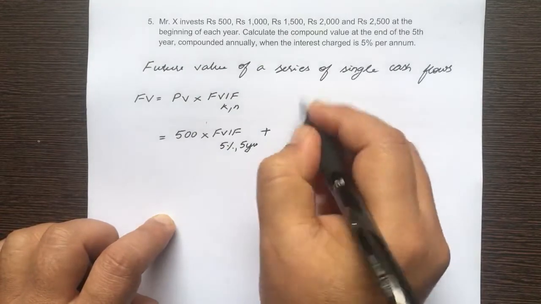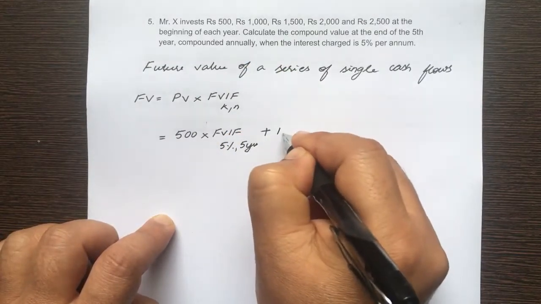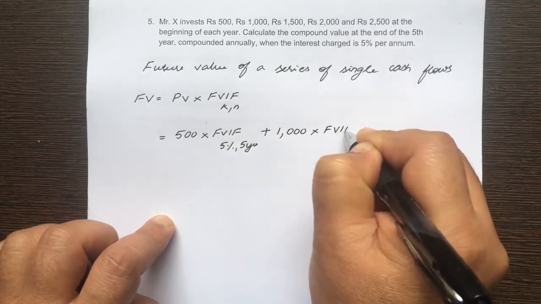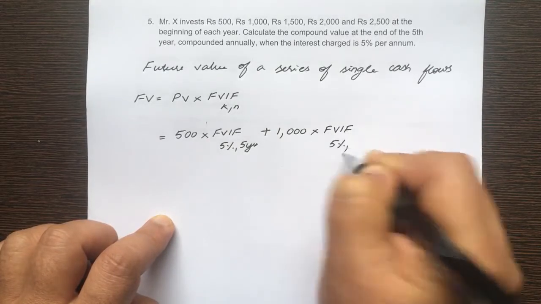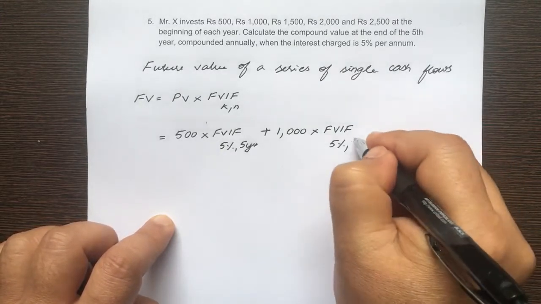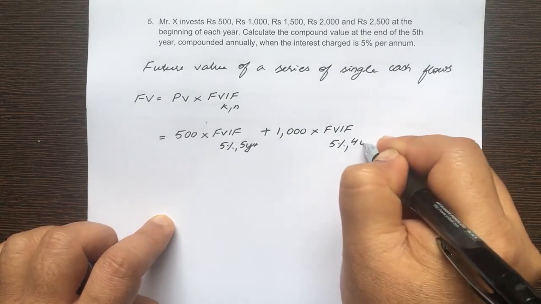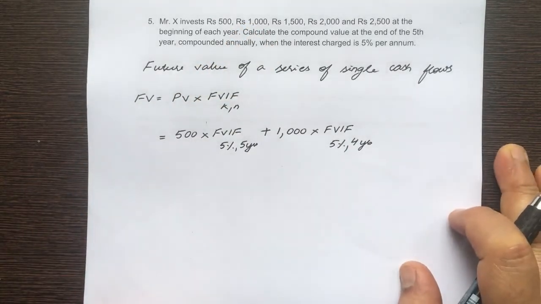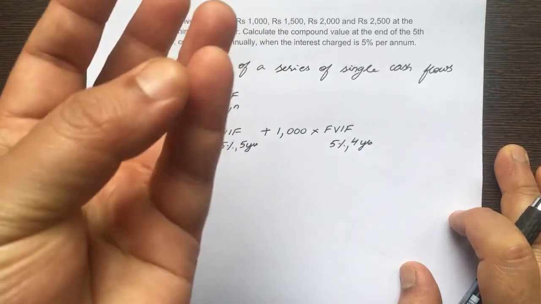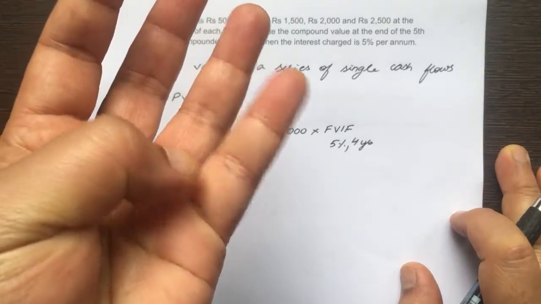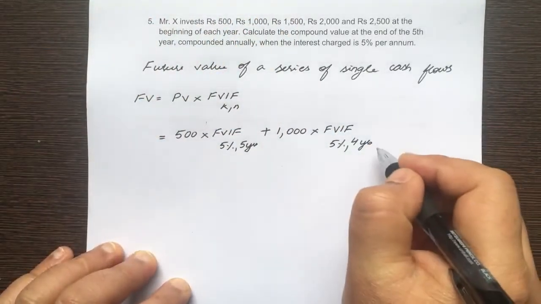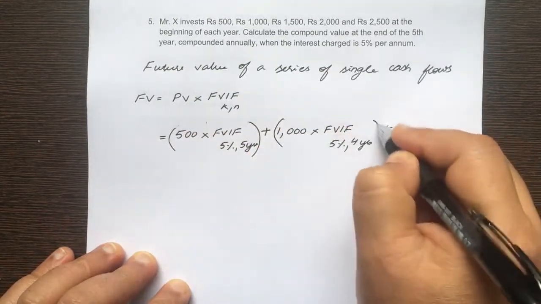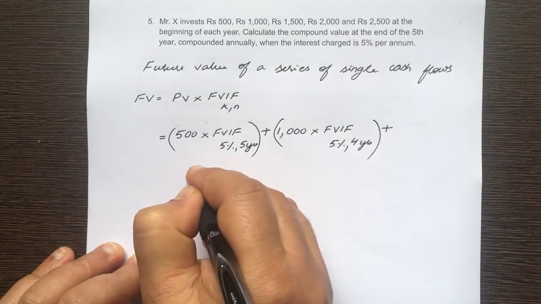Plus 1000 into FVIF 5%. How many years? 4 years. Why 4 years? Because this 1000 is invested at the beginning of the second year. So second year, third year, fourth year, 5th year, 4 years. All right. So 4 years. Plus, by the way, let's put all these in parentheses. All right. So next is